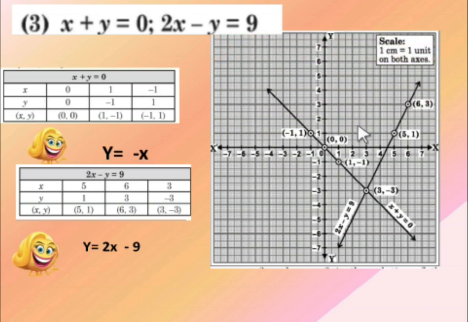And here is the solution. You can plot the points. Don't worry why he has taken 5, 6 and 3. I'll tell you why he has taken 5, 6 and 3 also. What is the motive behind it? Things become easy. If he is putting 5, 5 2s are 10. 10 minus 9 is 1. Done. If he puts 6, 6 2s are 12. 12 minus 9. He is trying to put bigger values so that the subtraction becomes easier. Right? And you are getting the values on the positive side.